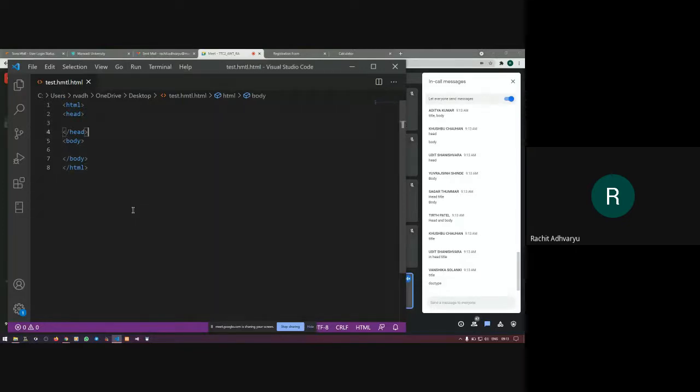If I put the indentation here, this is what the indentation will be. We have head inside the HTML and body inside the HTML. Do we have any other tag inside the HTML?